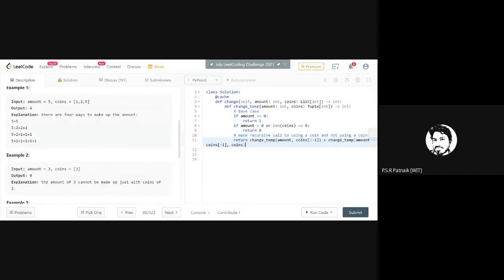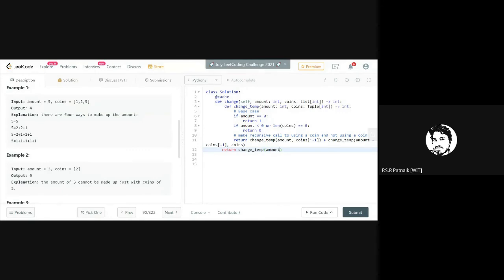So now when you want to execute this, you have to actually call it. When you get this value here, you need to call it here now. Now what you will say is return change underscore temp.